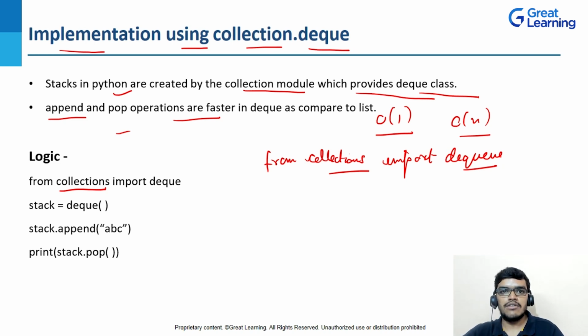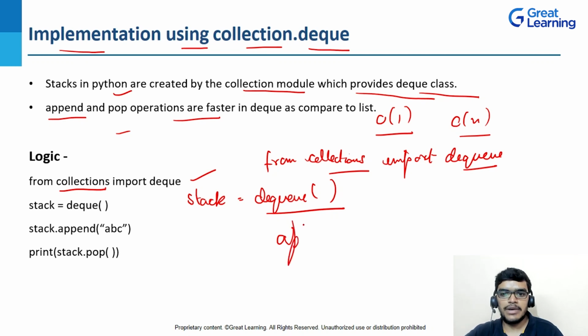So that's why we come with another way. From the collections module we import deque, and then I will create my stack variable, and inside that I will assign my deque, right? So now I will perform the same operation that I was performing in list. I will write here append and pop. So always remember that deque will be preferred more as compared to list, because the append and pop operations are faster here, right? And the rest of the concept is the same. So let me execute it.